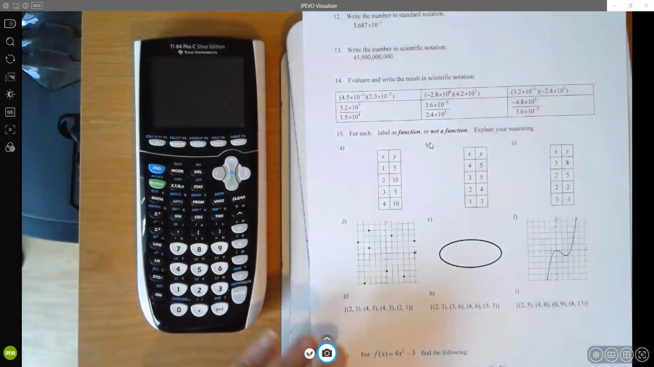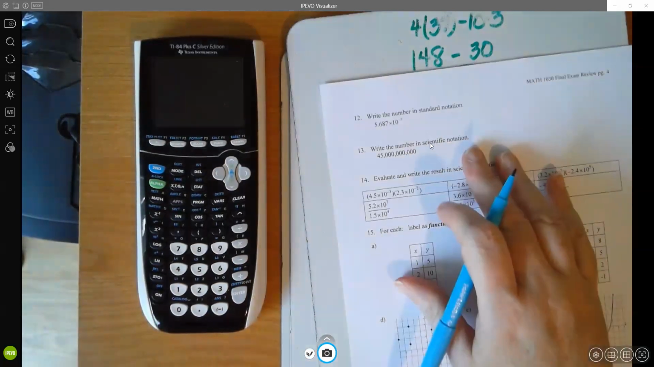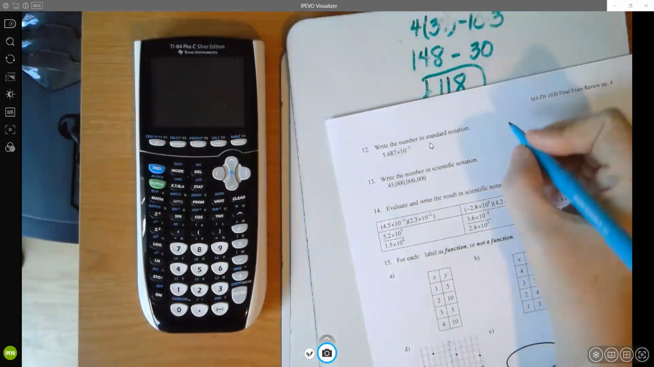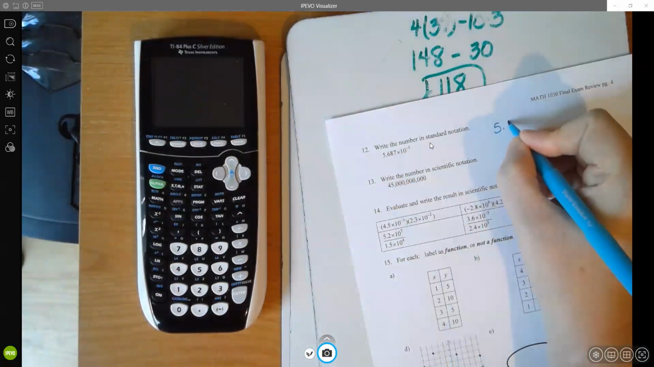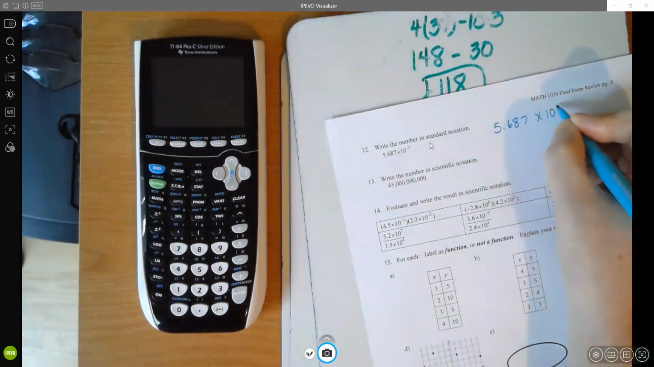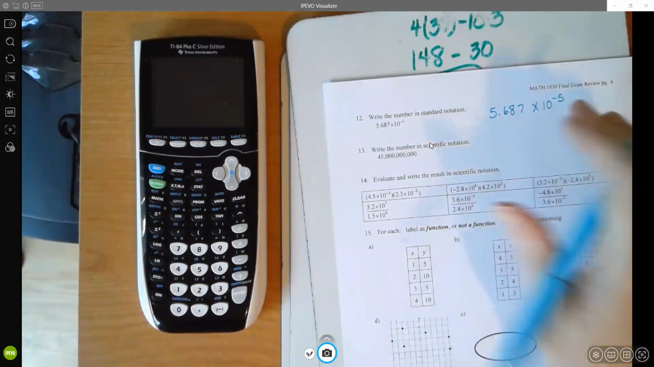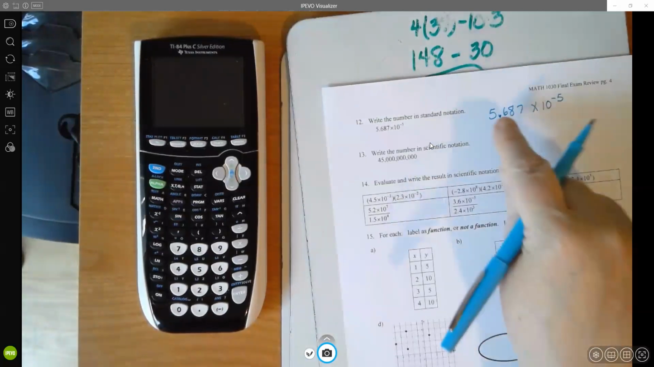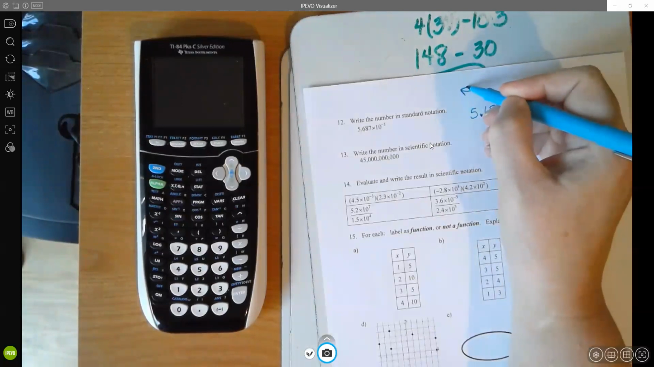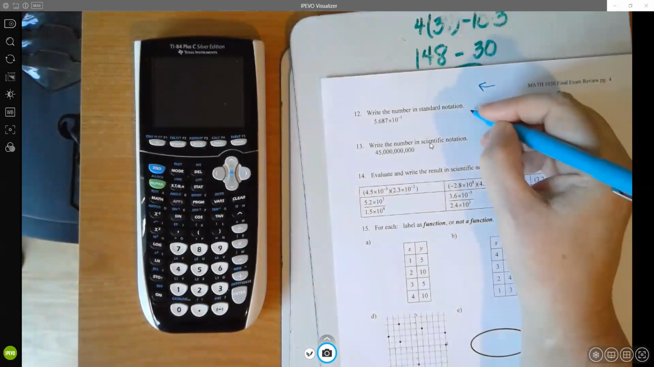Let's look at number 12. Number 12 says write the number in standard notation. And this is 5.687 times 10 to the negative fifth. Because it is a negative exponent, that means this number will be getting smaller and the decimal will move to the left. And because I'm going to be moving it to the left, I'm going to add a whole bunch